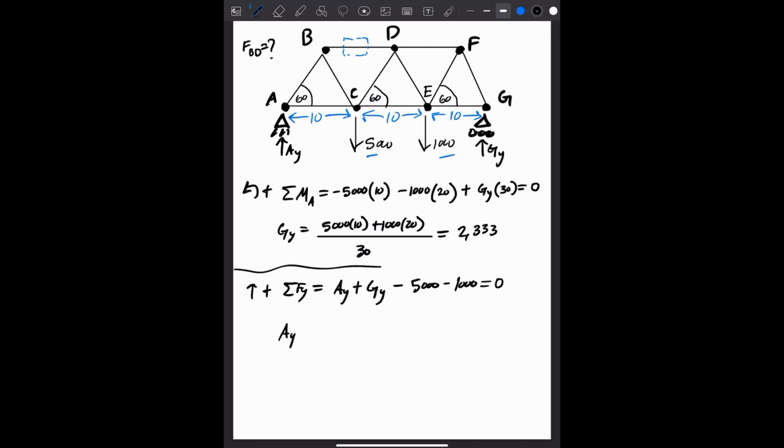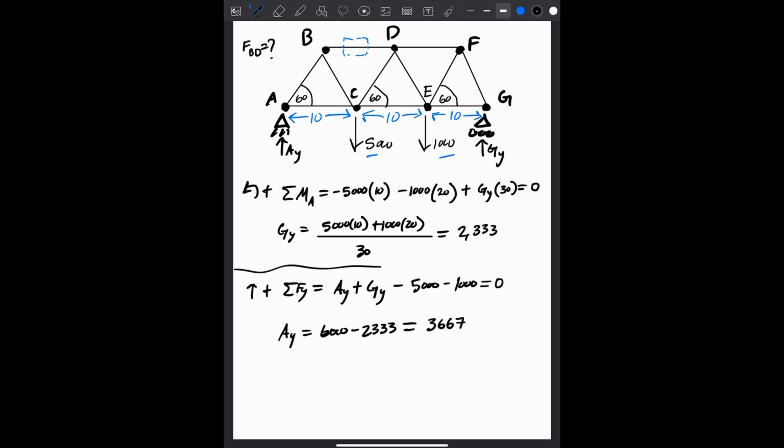So we want to solve for AY. AY is equal to 6,000 minus 2,333, which is equal to 3,667. I'll put 7. I don't like three 6s. Okay, so